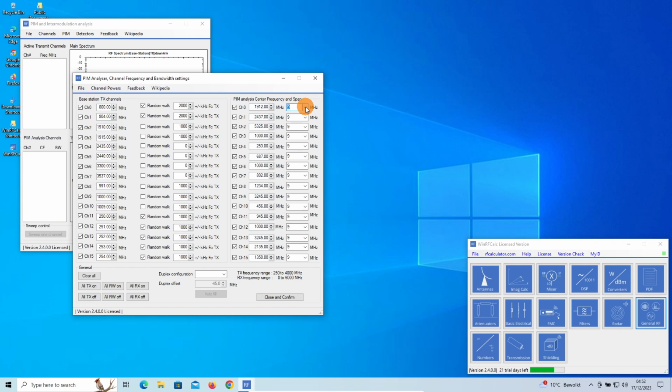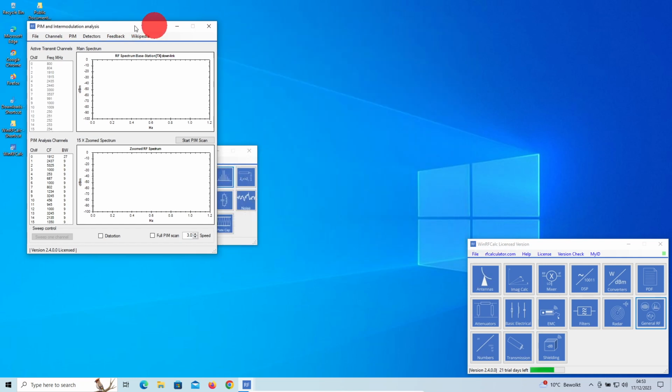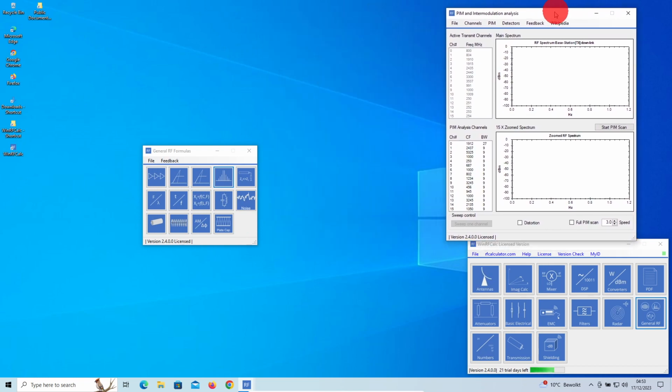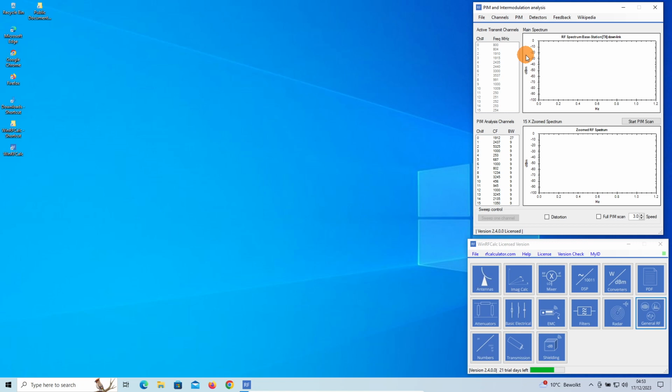And there are two selections possible. We have a 9 megahertz or a 27 megahertz span. Just compare it with the spectrum analyzer: center frequency, and this is the span. Setting frequencies, let's say we do that in a later version of the explanation software. This is just showing the current capabilities of the software. So click close and confirm. And then in the analyzer main screen, let's close this window first.